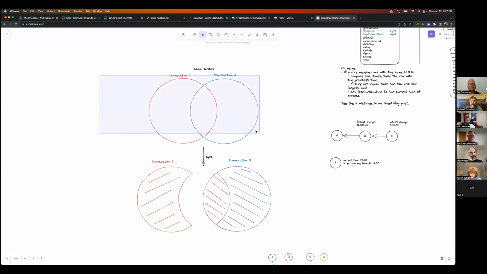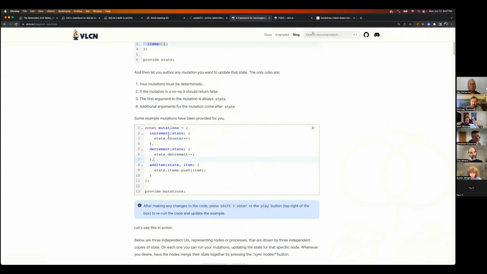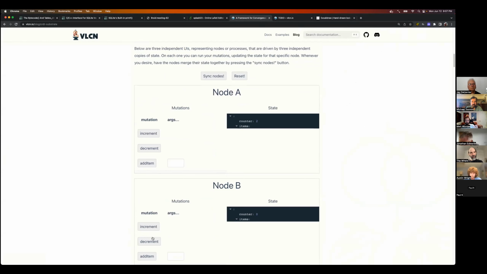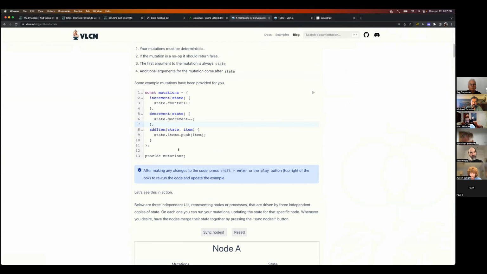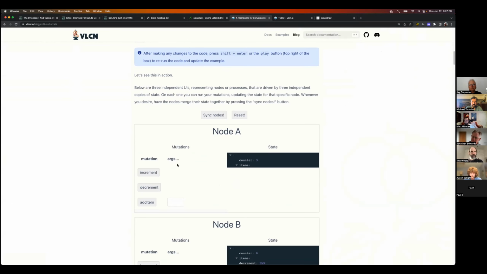So yeah, every peer has a copy of all the code. And every time you run an increment event or decrement event, it's just playing that mutation and creating a log entry that says this mutation was run, called increment, and these are the arguments given to it, in this case nothing.